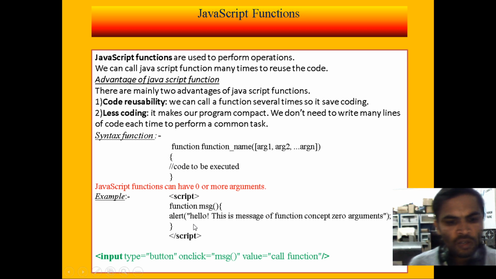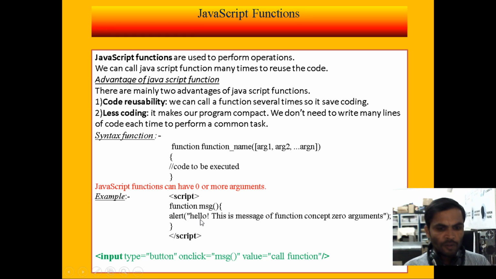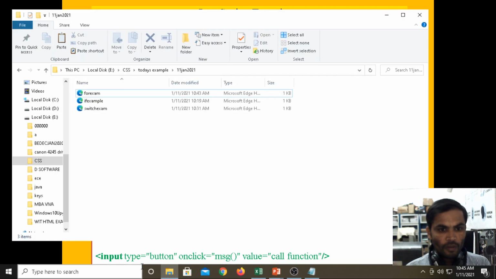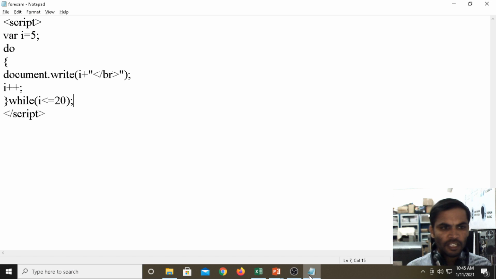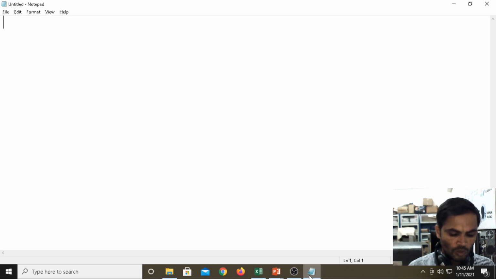Now I am defining the function. After defining the function, if you want to call it, we call it with the help of input type. Now I am taking a new notepad, then taking a script tag and closing the script tag.